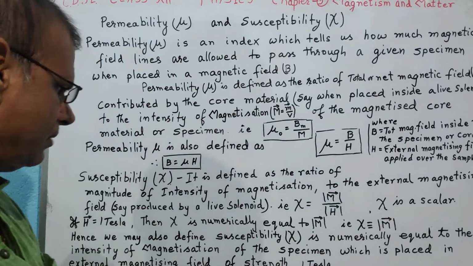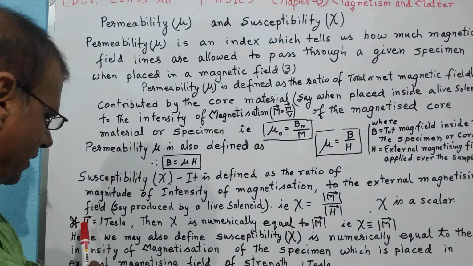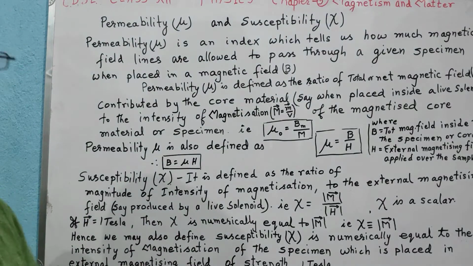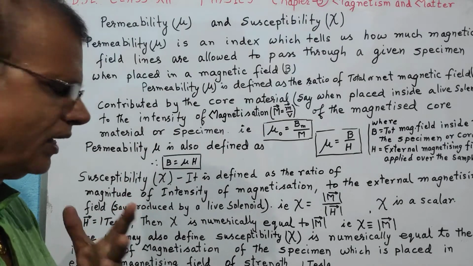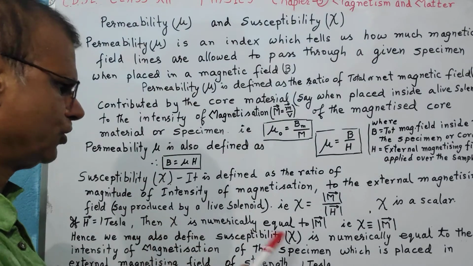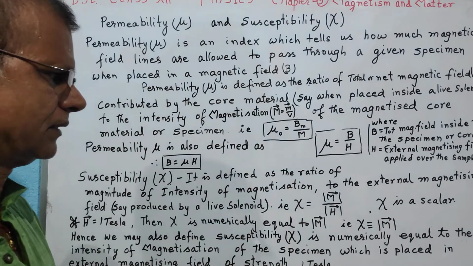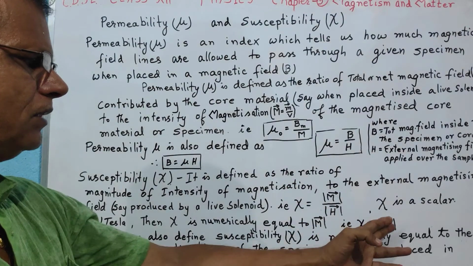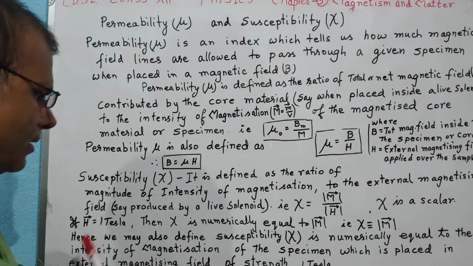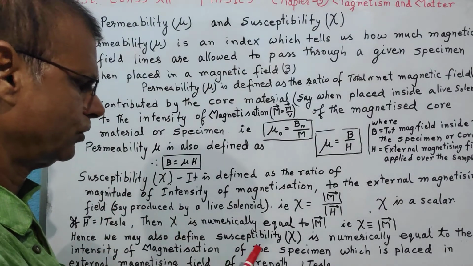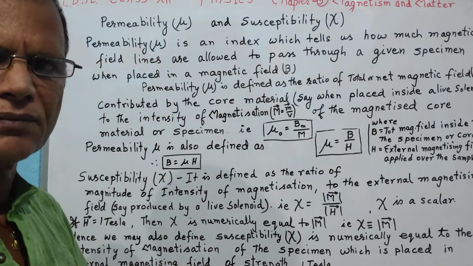Chi is a scalar quantity, and if the H value is 1 Tesla, if we take the external magnetizing field to be 1 Tesla, then chi is numerically equal to the intensity of magnetization. That means chi is numerically equal to intensity of magnetization, and therefore we can define susceptibility as numerically equal to the intensity of magnetization of the specimen